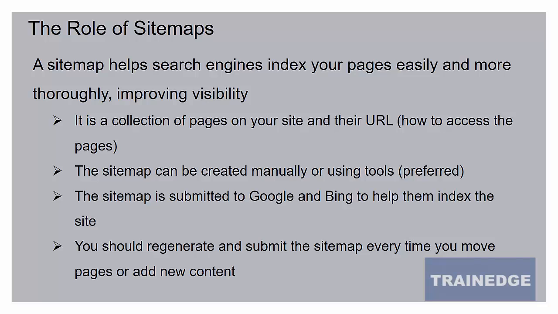So suppose you have 15 pages on the site and your sitemap includes 10 pages. And the 11, 12, 13, 14 and 15 pages have a link pointing to them from one of the pages in the 10 pages included in the sitemap. So the search bots will crawl the 10 pages included in the sitemap and they'll follow the link to the remaining 5 pages from those 10 pages and crawl those pages as well.